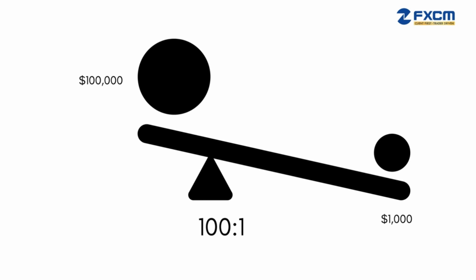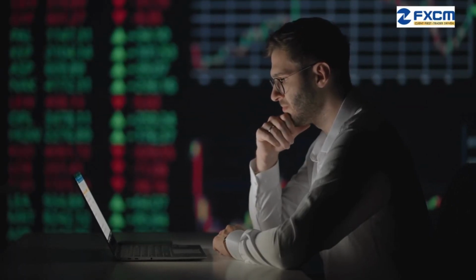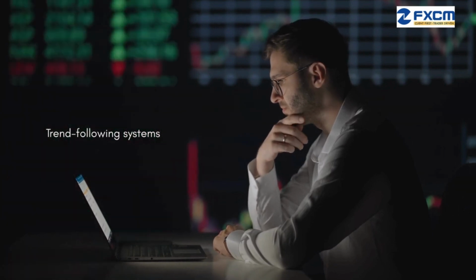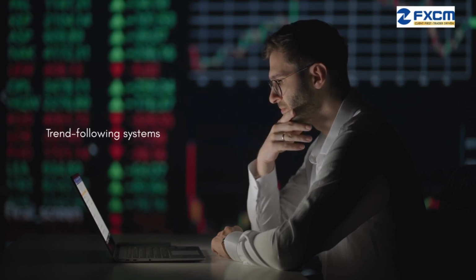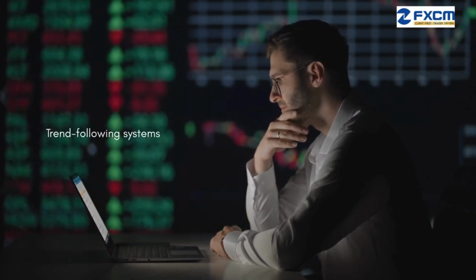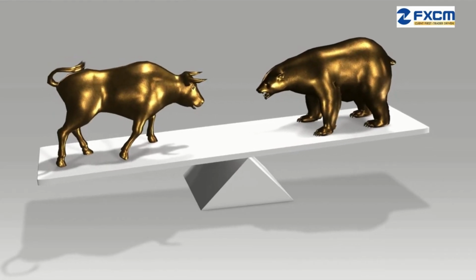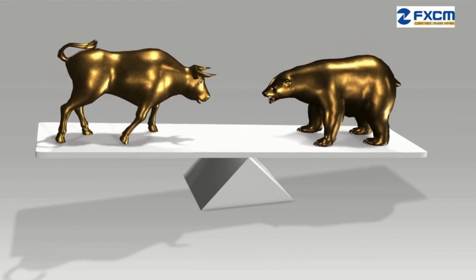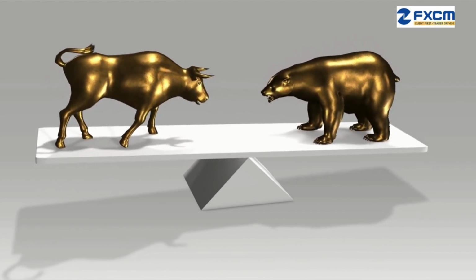This makes leverage ideal for short-term traders, like scalpers, who capitalize on minor fluctuations. It's also valuable for disciplined traders employing robust strategies, such as trend-following systems backed by technical indicators like moving averages. With proper risk management, tight stop losses, and position sizing, leverage enhances returns without excessive exposure. In stable market conditions, where trends are clear, leverage empowers traders to maximize opportunities efficiently.